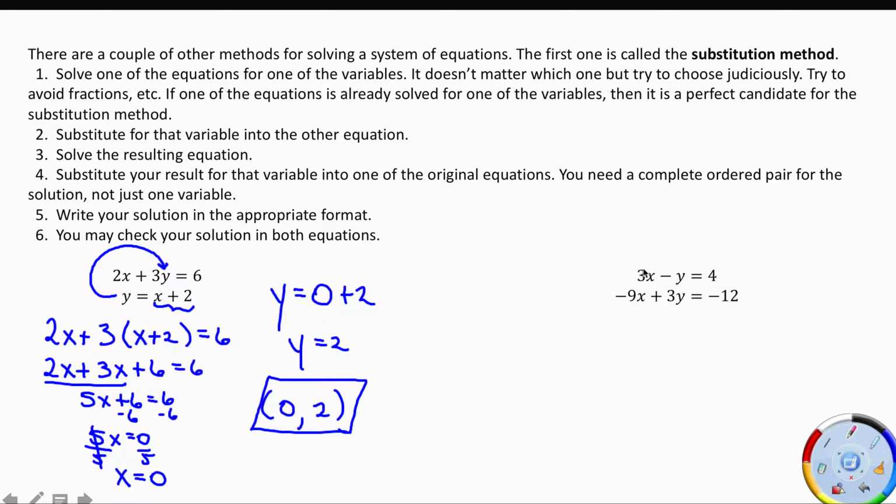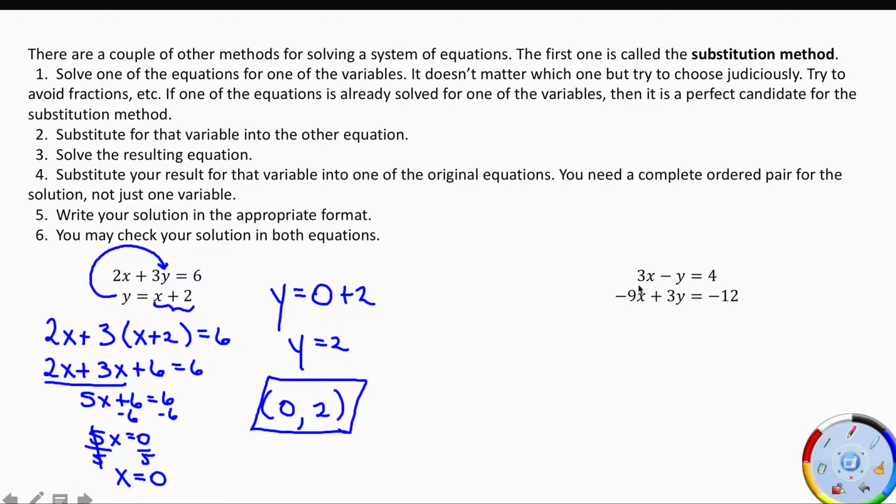Okay, so over here, again, I'm going to solve for the y. Simply because I could solve for either variable in either equation. But if I try to solve for this x after I add y, I'm going to have to divide by 3. I'd make a 1/3 y and a 4/3, and then I'm going to plug fractions into my other equation. So I'm going to try to avoid fractions. I may not always be able to, but instead, if I solve for this y, all I have to do,